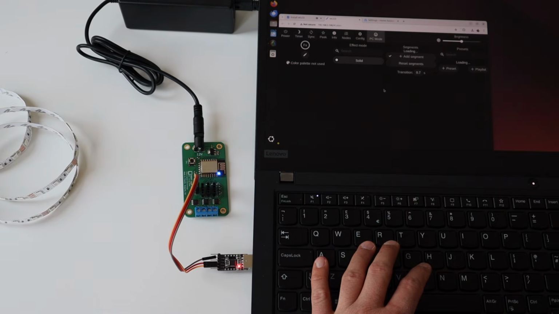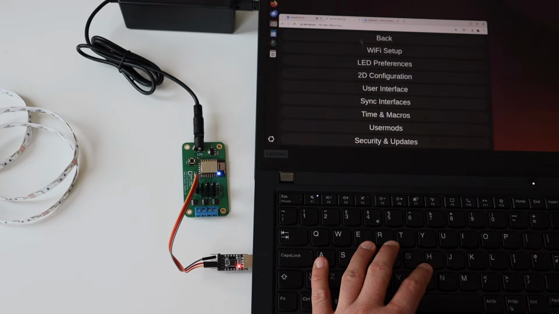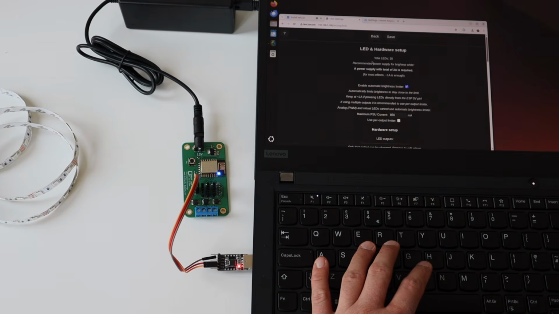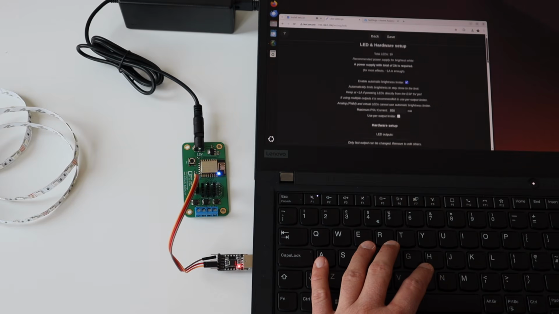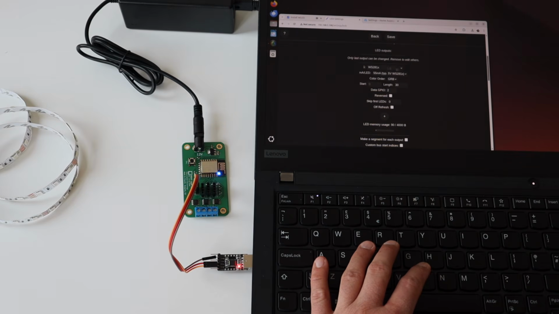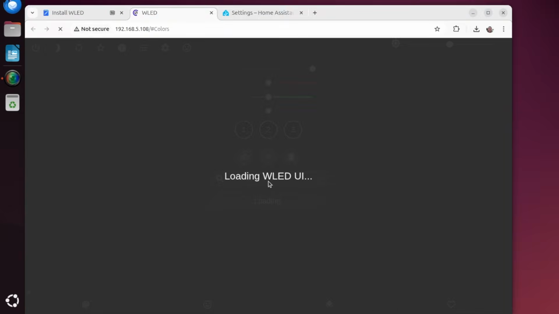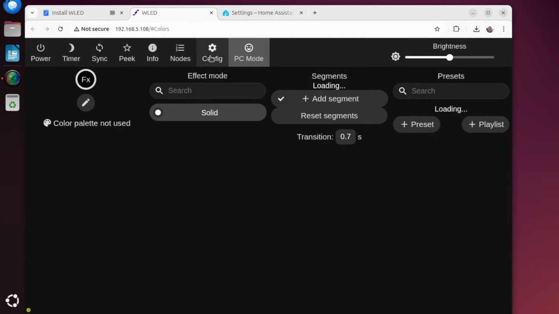I have successfully installed WLED, and now I have to access its web page and configure the GPIOs for each of the channels of the RGB LED strip. All these configurations are done from a web browser and the web page that is served by WLED. So let me show you the whole process from another point of view so that you can have a better look at it. From the top menu, select Config, it has this gear icon, and from the menu, select LED